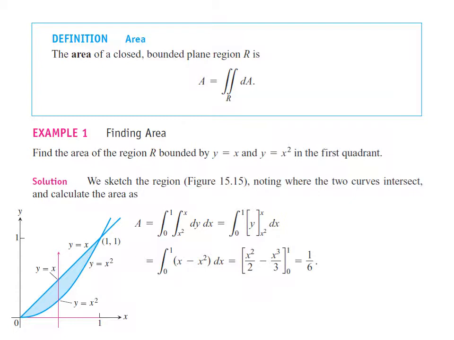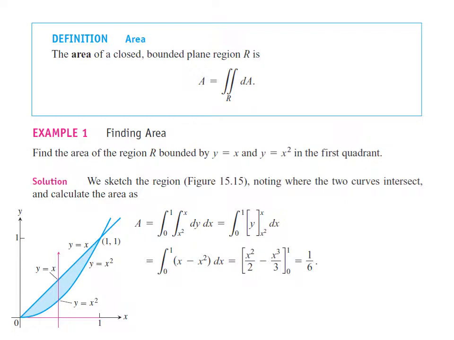So y is equal to x is a straight line passing through the origin. Y is equal to x square is the equation of a parabola symmetric about the y axis. So if I consider vertical strips, y limits are the variable limits. So therefore y varies from x square to x. So x limits are constant limits. X varies from 0 to 1 here.